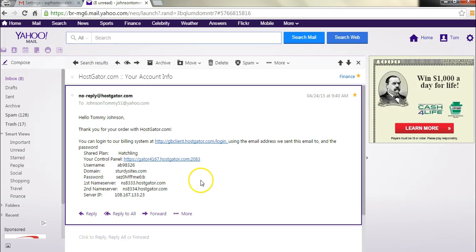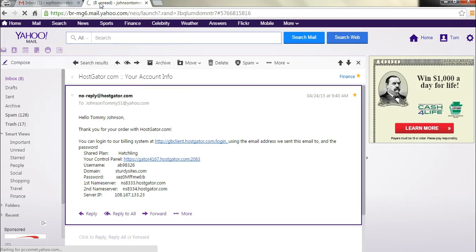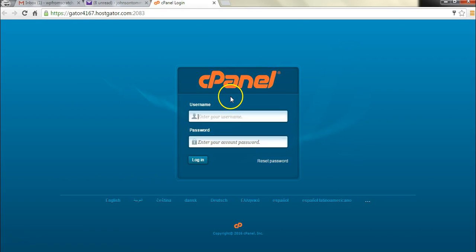The first thing we're going to need to do is log into the Gmail account that you most want to use, and after doing that, you're also going to have to log into the HostGator cPanel area by clicking the link that's in the email that they sent you. So after you've done both of these things, what you're going to need to do is then go over